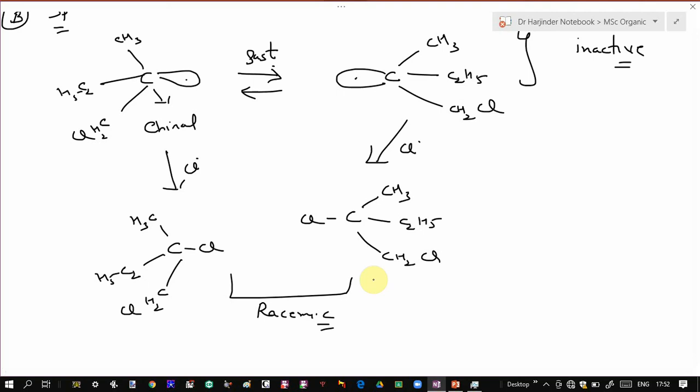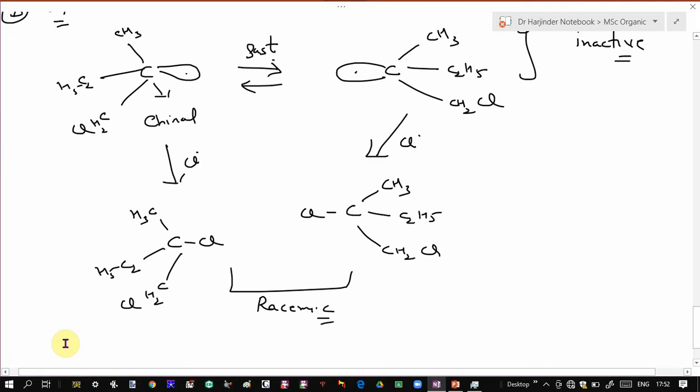So in that case you have to explain both these factors, or the question may be asked: discuss the stereochemistry of free radicals. So in that case you have to discuss their chiral behavior, and you have to say they are optically inactive even when they have sp3 hybridization. Why? Because they rapidly flip into each other. Two pyramidal forms, sp3 hybridized pyramidal forms, rapidly flip into each other, due to which the resultant free radicals are optically inactive, just as we have discussed in the case of carbanions. Same explanation.